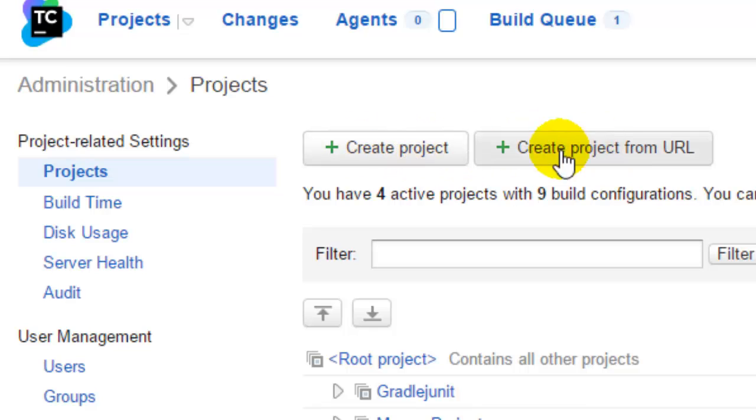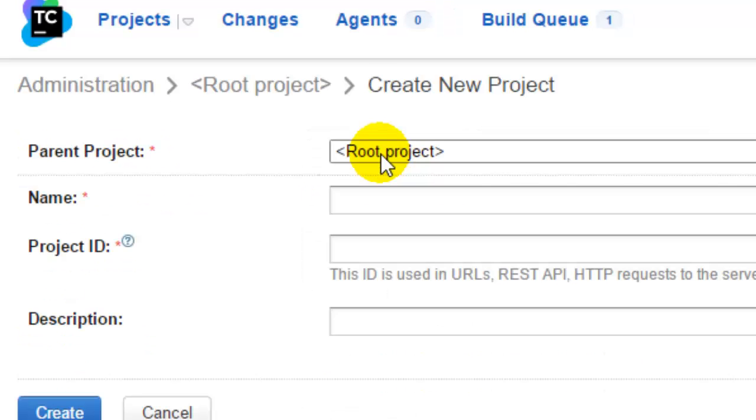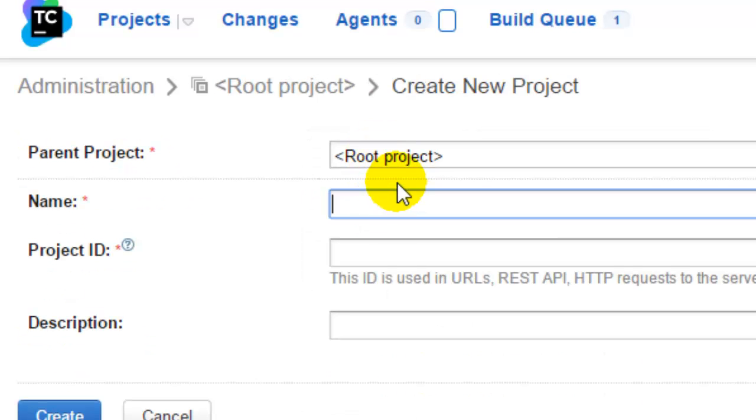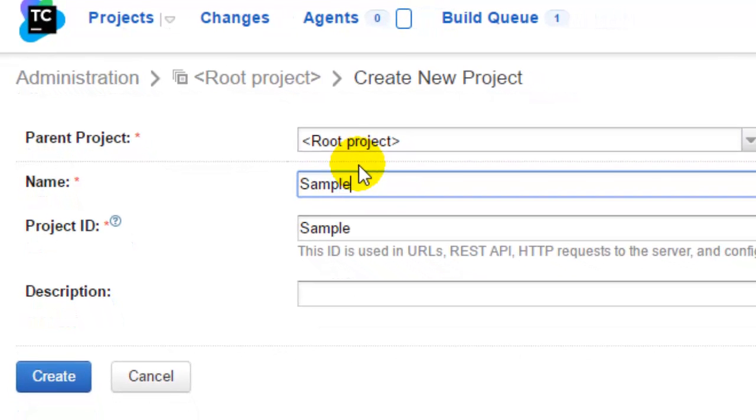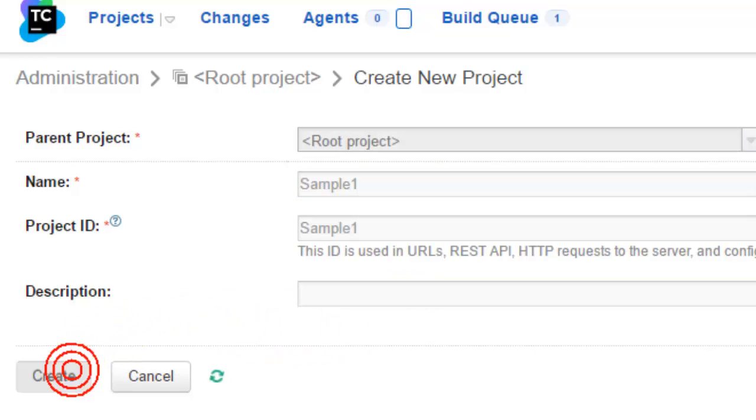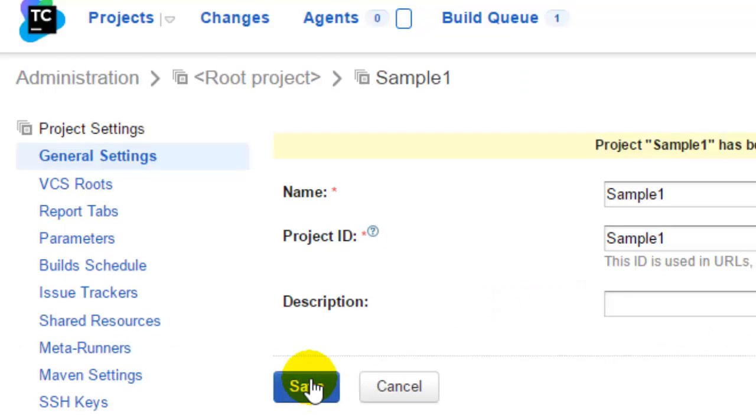clicking on these buttons. There are two ways in which you can create a project in TeamCity. First is manually and another is using URL. I'm going to show you how you can create a project manually. For that, just click on this button, create project, and then you have to give the name of the project, say sample project, and give the description if you want. Then click on the create button, and then the project is